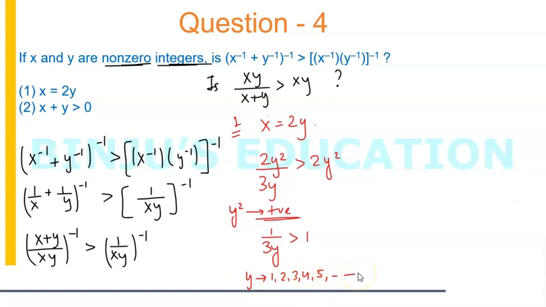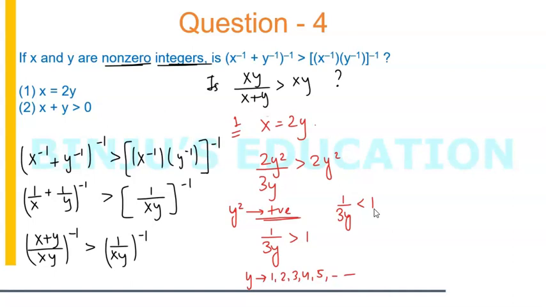Can I say one thing is for sure, that 1 by 3y will definitely be less than 1? Because when you replace y by 1, it will become 1 by 3. When you replace y by 2, it will become 1 by 6, then 1 by 9, then 1 by 12, then 1 by 15, and so on. So if the value of y is like 1, 2, 3, 4, 5, 6, 1 by 3y will always be